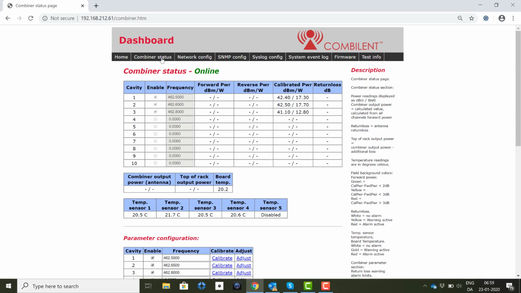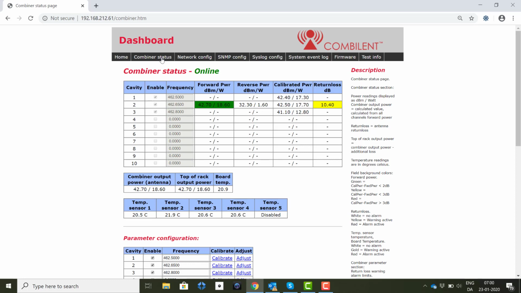The display now shows that transmit 2 power is switched off, and all columns and cavities are showing a white indication. A poor return loss load is connected to the antenna port of the combiner, and the power is then turned back on. With the mismatch load connected to the antenna port, a yellow return loss warning shows 10.4 dB